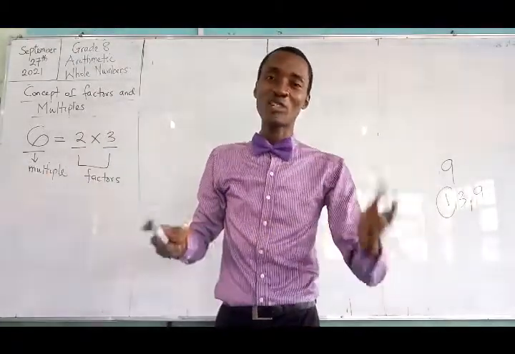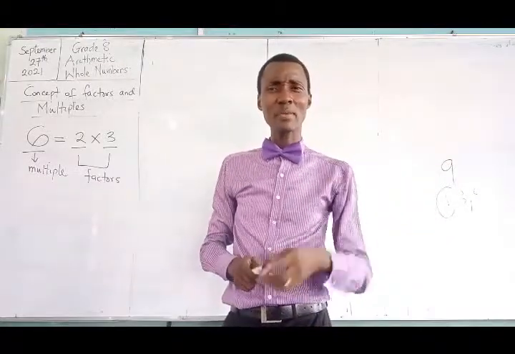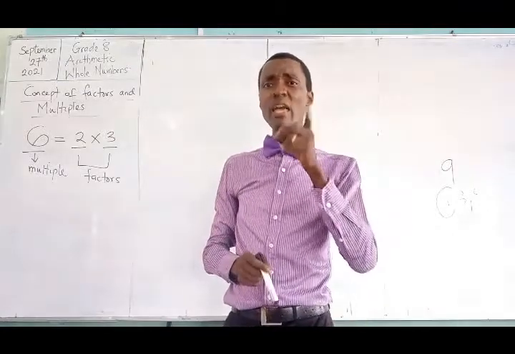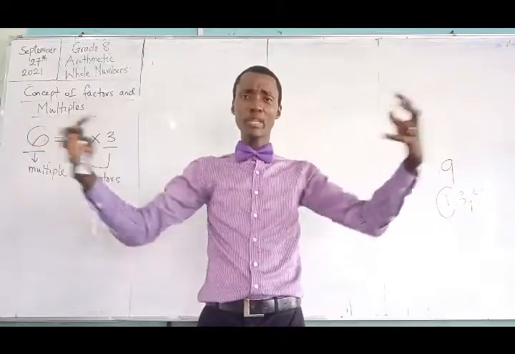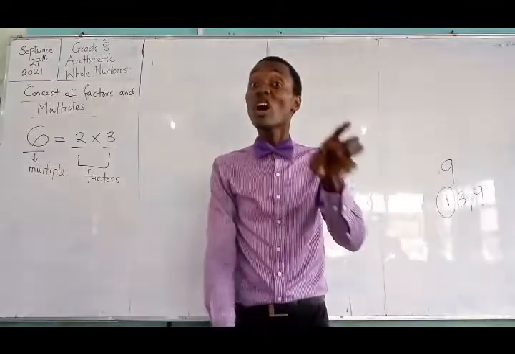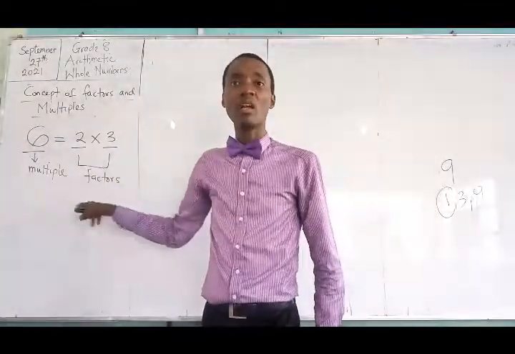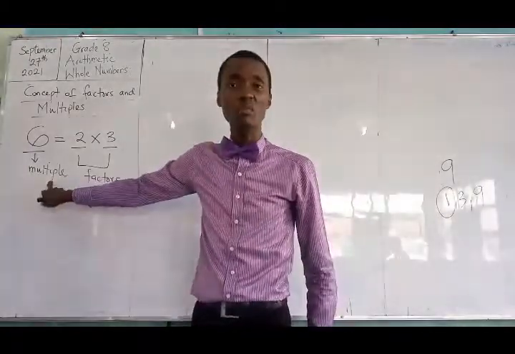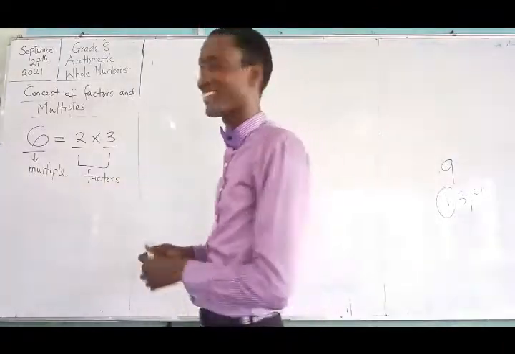Back in the days, we used to watch a cartoon called Voltron. I think there's something close to that today. Go Power Rangers. Yes, I think I'm correct. They come together and they form a bigger one. So each of those characters, the Power Rangers, are factors. Whatever they are transforming to is called the multiple. You understand better now. You must understand that one.